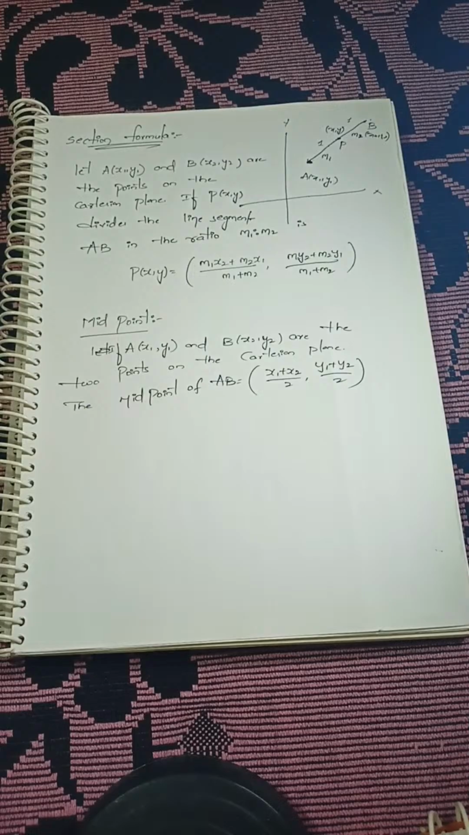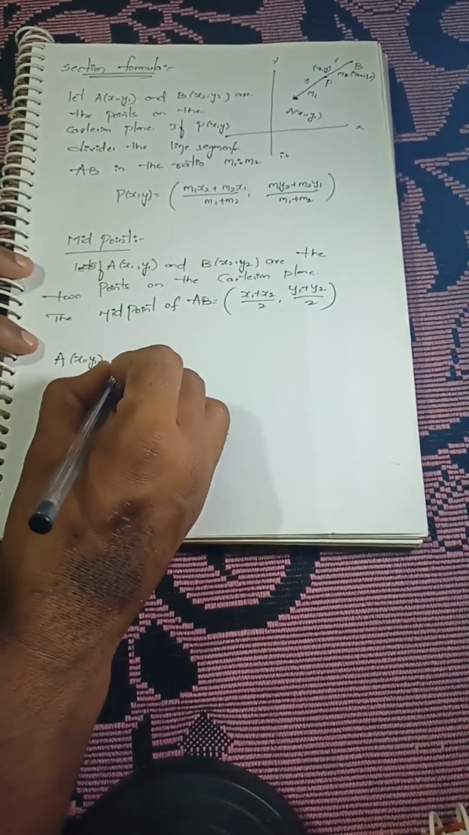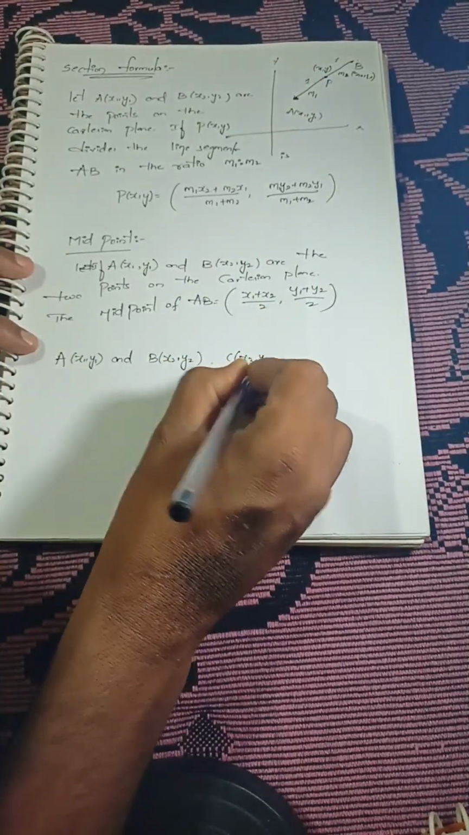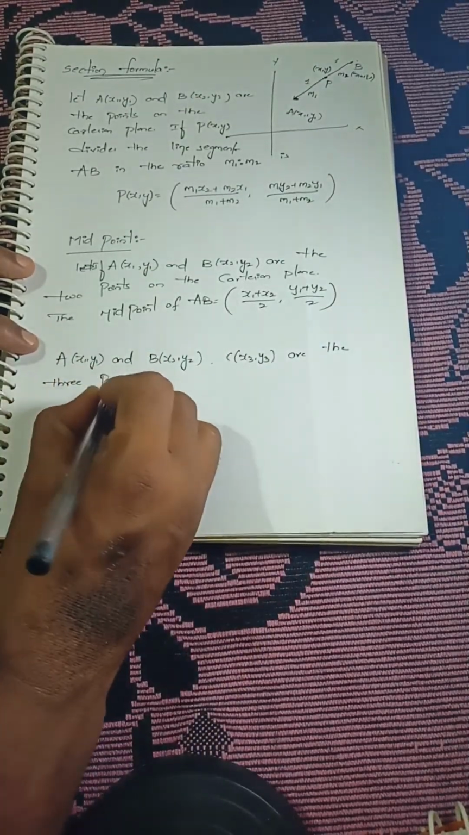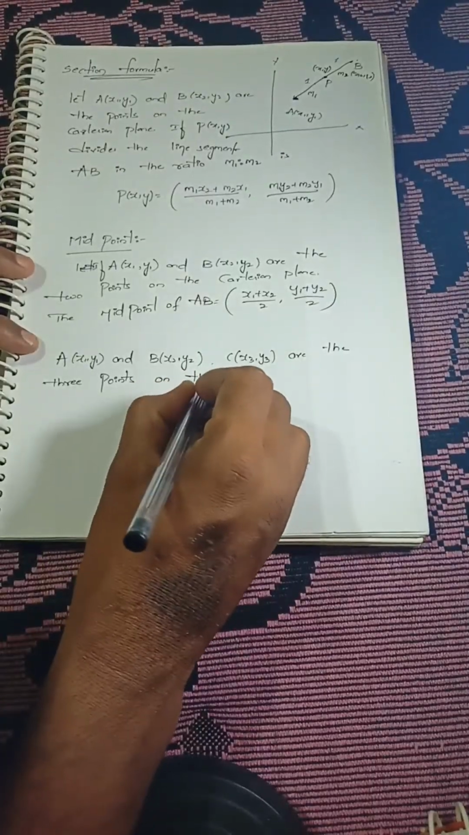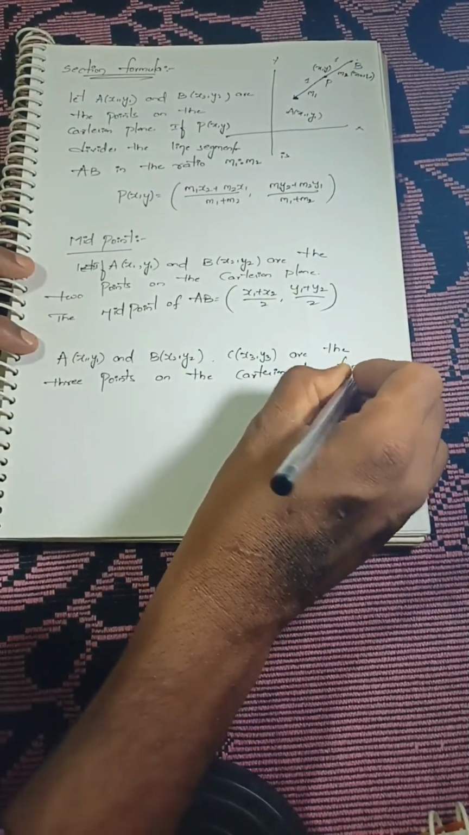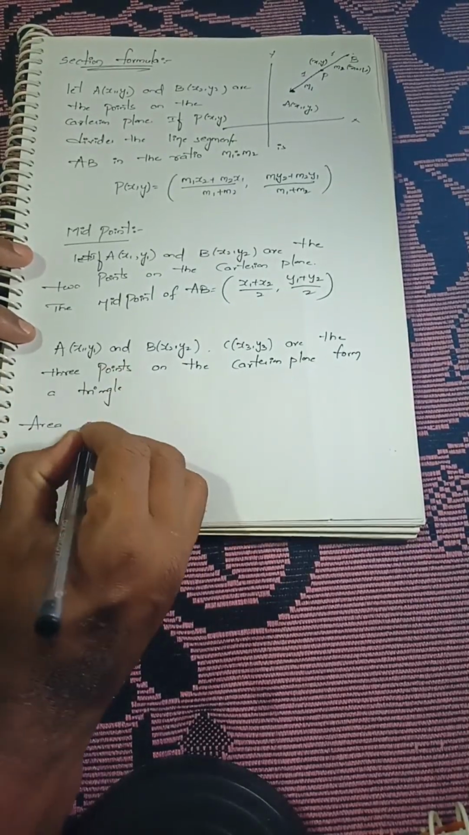Next we are going to write one more formula. If there are three coordinate points, for example A x1 comma y1, B x2 comma y2, and C x3 comma y3 are the 3 points on the Cartesian plane that form a triangle, then the area of a triangle formula is